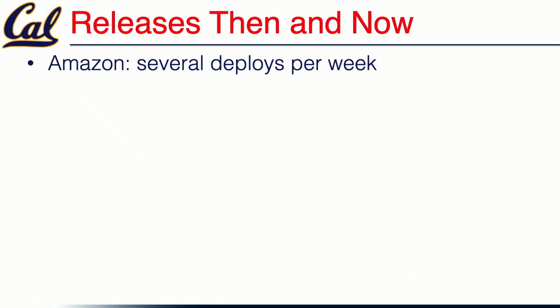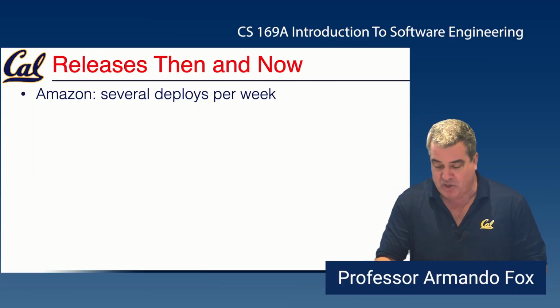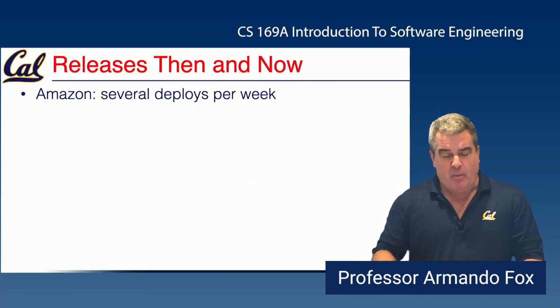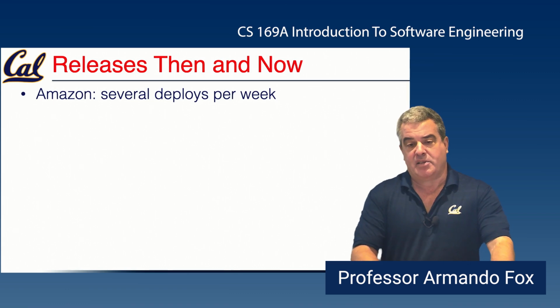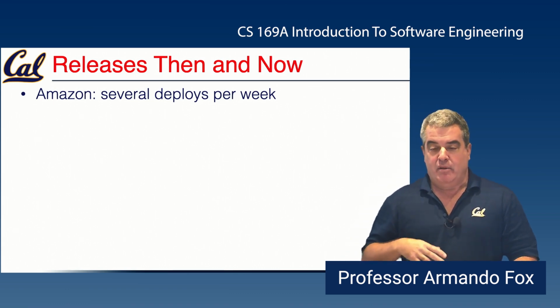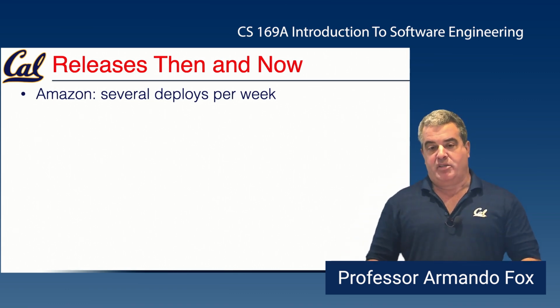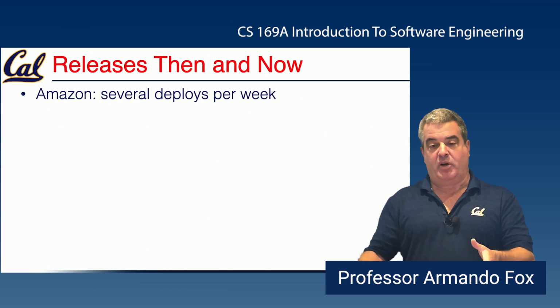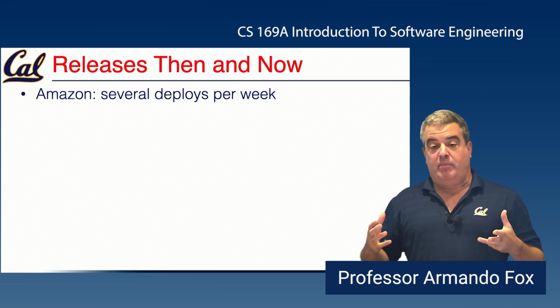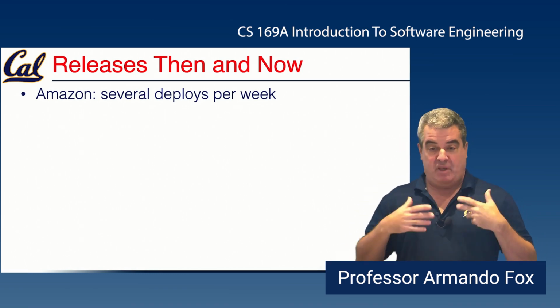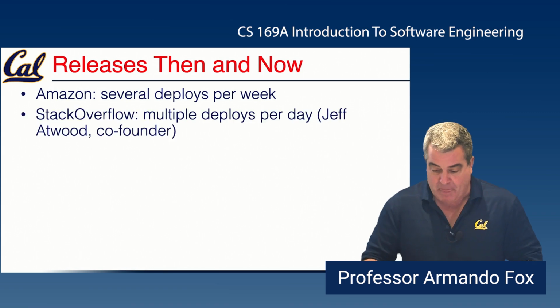Amazon, for example, they do several deploys of their site per week. Not necessarily the entire site gets refreshed, but specific pieces of the site, specific services are being refreshed all the time. Remember how we said at the beginning of class that one of Jeff Bezos's early missives is all of the different parts of Amazon had to be done as service-oriented architecture. So anytime somebody revs one of those services, it could affect the overall Amazon service.